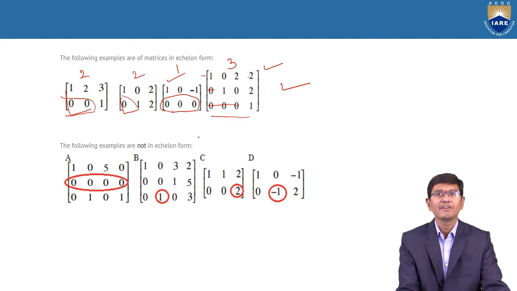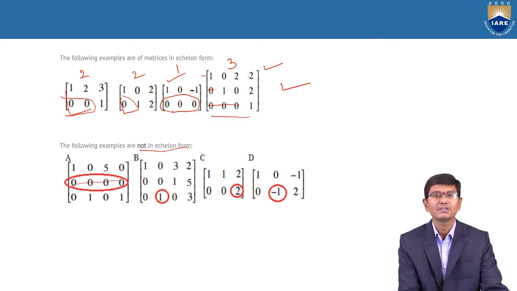And similarly, when you observe these matrices, which ones are not in echelon form? These are the four examples that clearly do not satisfy it. Why? In the first example, the zero rows are in the middle of the matrix. But for a matrix to be in echelon form, the zero rows must be written in the last row. In this example a zero row is the second row, therefore it is not suitable for echelon form of a matrix.